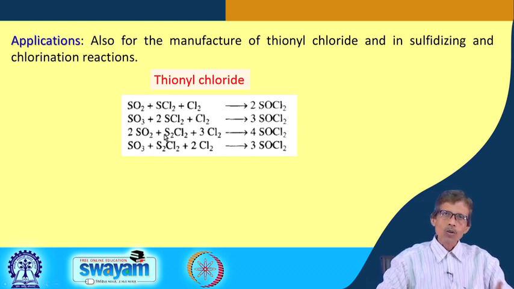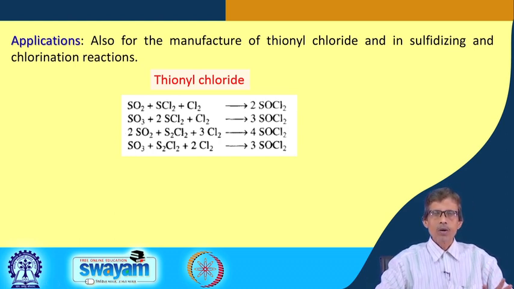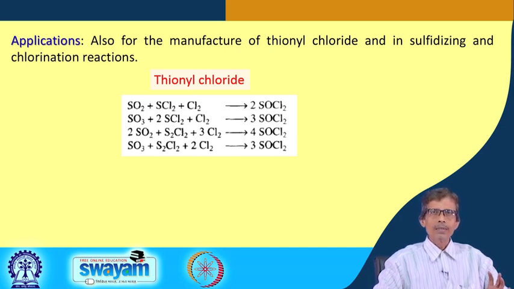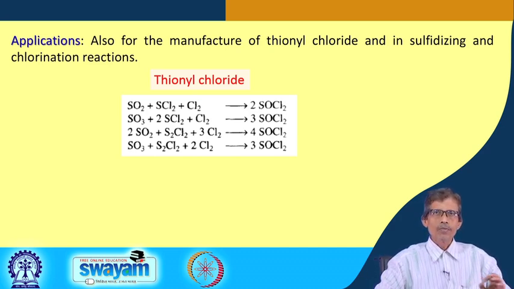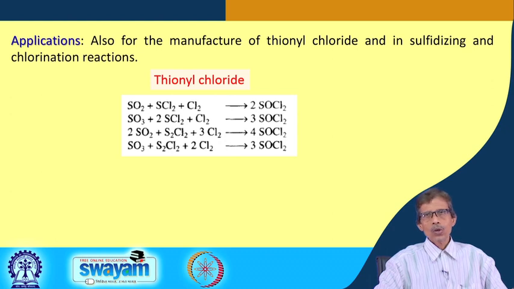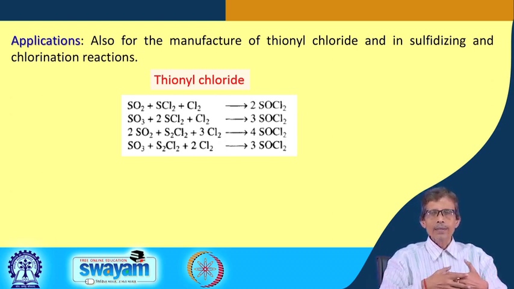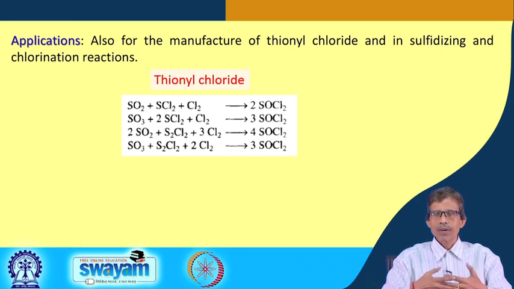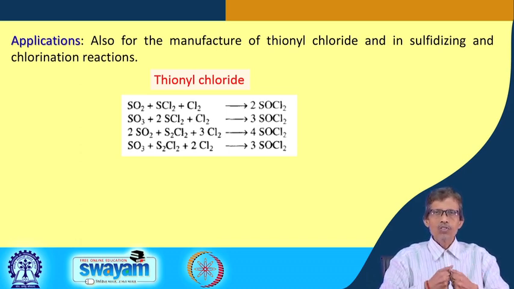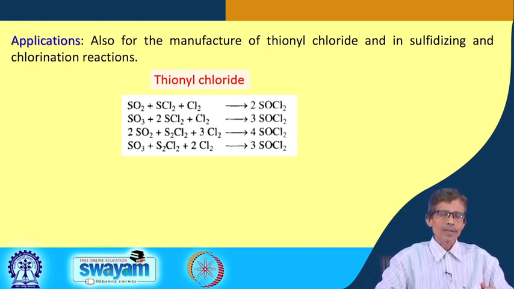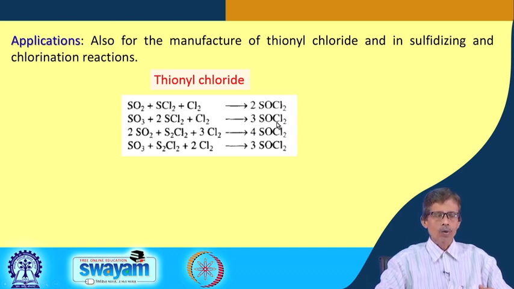In the second case, a more oxygen-bearing molecule, that means sulfur trioxide, is used. Because if some industry is producing some excess of sulfur dioxide, or we are burning some amount of sulfur to sulfur dioxide or trioxide, that gas outlet or the excess amount of those two gases, sulfur dioxide and trioxide, can be consumed in presence of extra chlorine gas by sulfur dichloride, monosulfur dichloride, to make your thionyl chloride. So, the first two reactions are a direct conversion of sulfur dichloride to thionyl chloride.